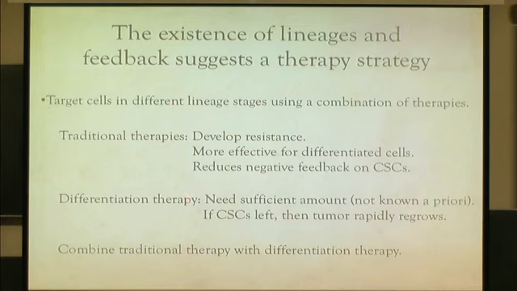You can also have differentiation therapy, which is that you can try to add something that will drive differentiation. And people are trying this. You can do it through Wnt, you can do it through Notch, a bunch of different ways to do it. But you don't really know how much to do. And so one of the ways you could deal with this issue is that, if you can drive differentiation, then you can kill off the differentiated cells with this strategy. And so the idea is to try to combine them.